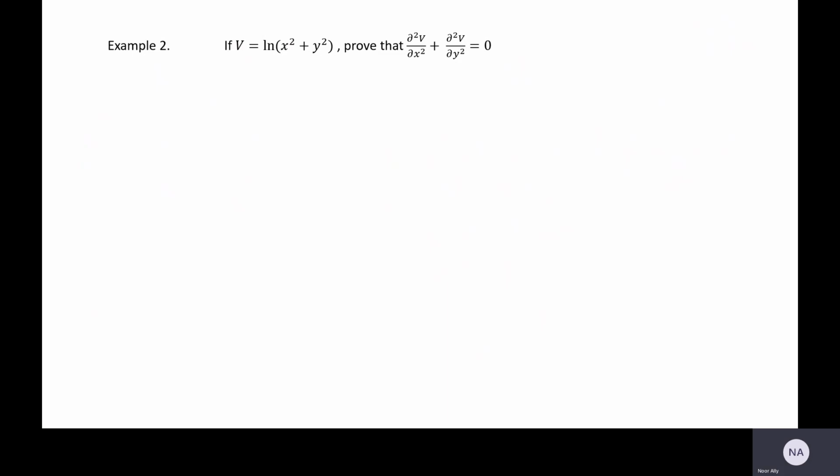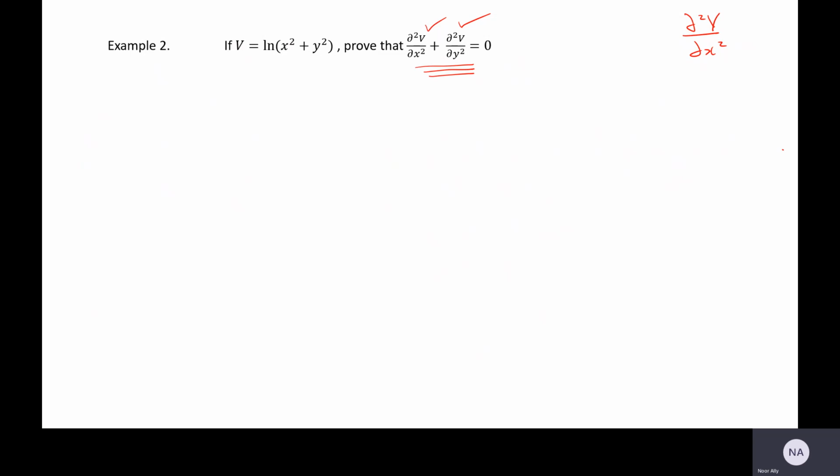Typical of the types of problems that you get with partial differentiation. Proving an equation using notation correctly, understanding what it means. So here I'm asked to prove that partial d2v dx squared plus partial d2v dy squared is equal to 0. What does that mean? I cannot find partial d2v